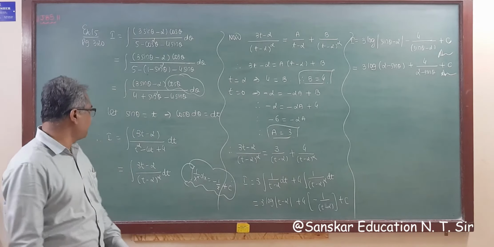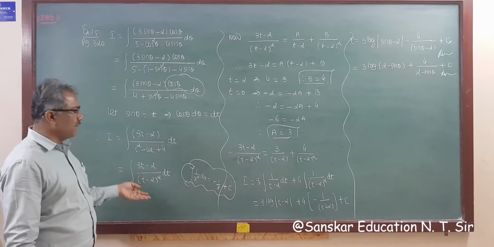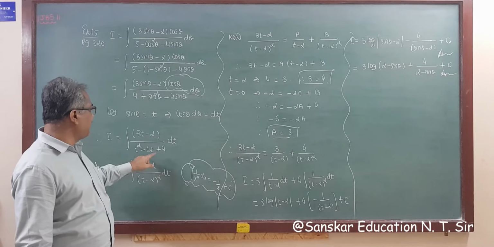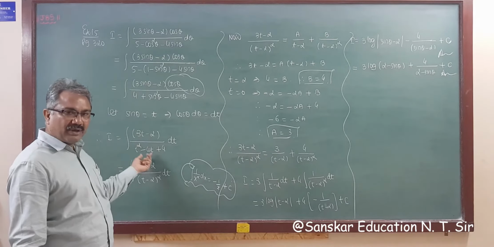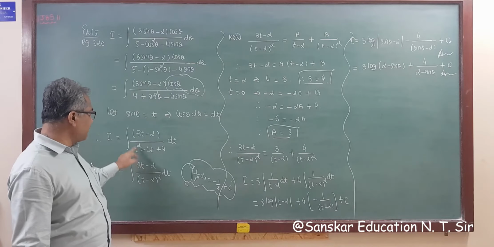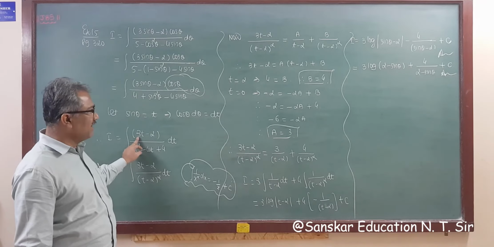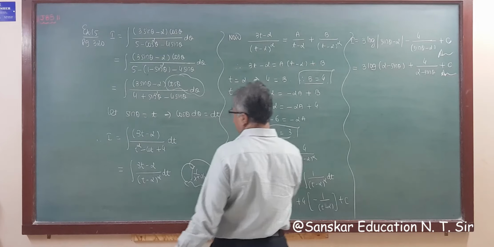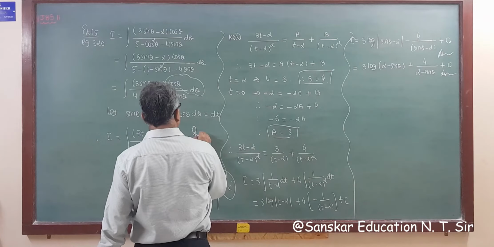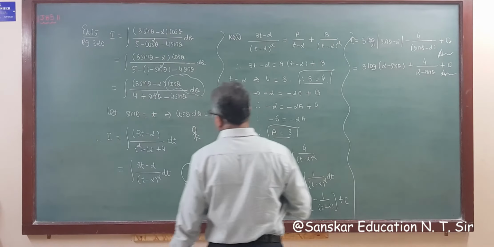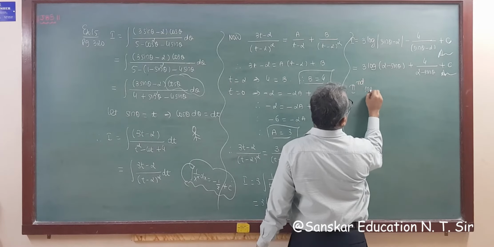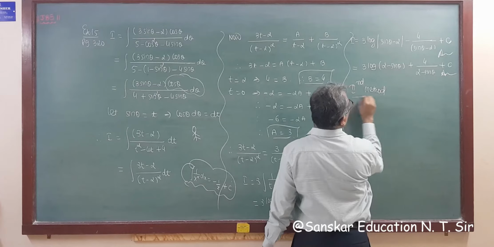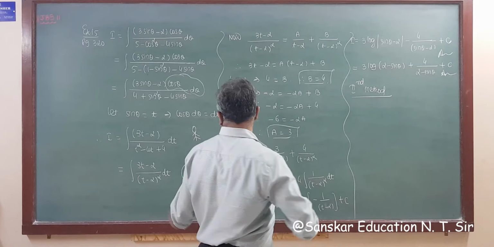Now another method. From here, if you don't want to apply the partial fraction method, then make the derivative of the denominator appear in the numerator, so you have to adjust it. The derivative of this is 2, but this is given 3t. So what do you have to do from here? I am showing you another method, the second method. I am writing only a few steps, not solving the full example.